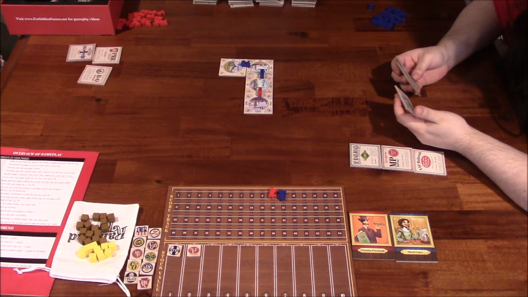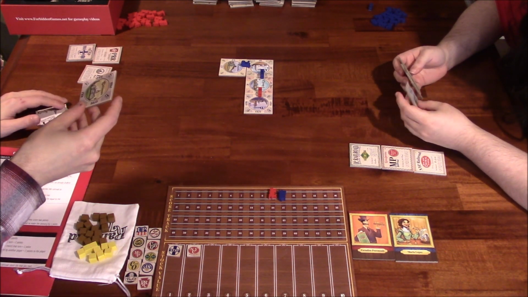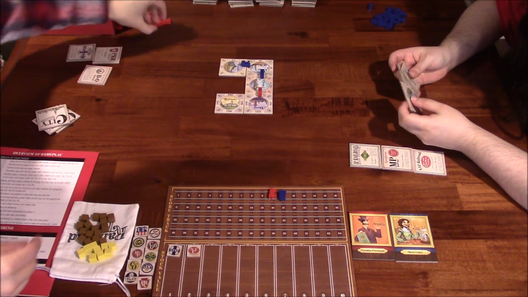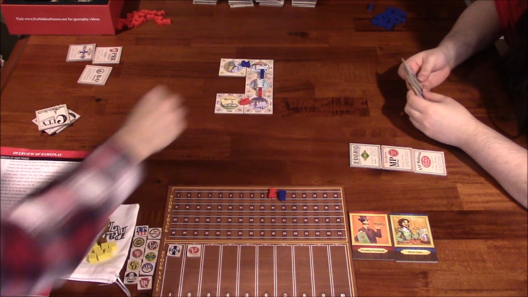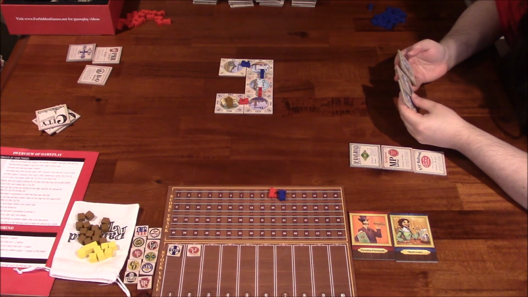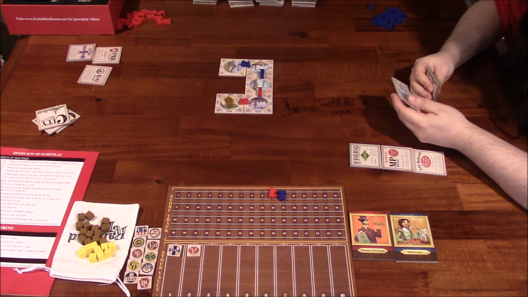Alright. Starting with first player, I get to lay down a tile. I'm going to put down Baltimore, connecting B&O and B&O. And that's 2 cubes. Okay. And now you get to go. Okay. I'll do,